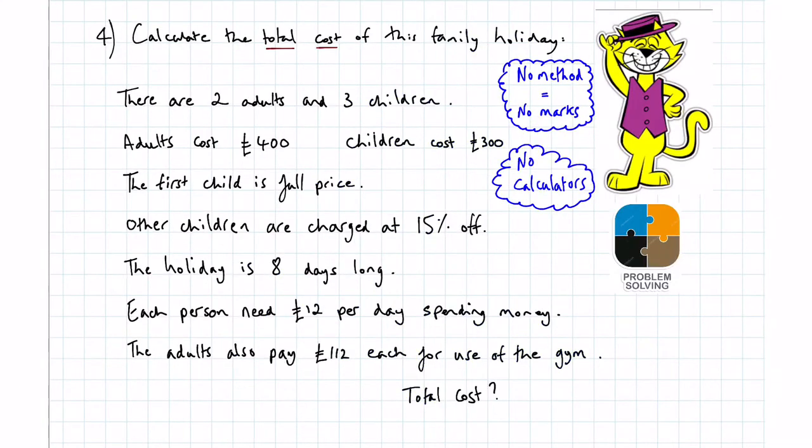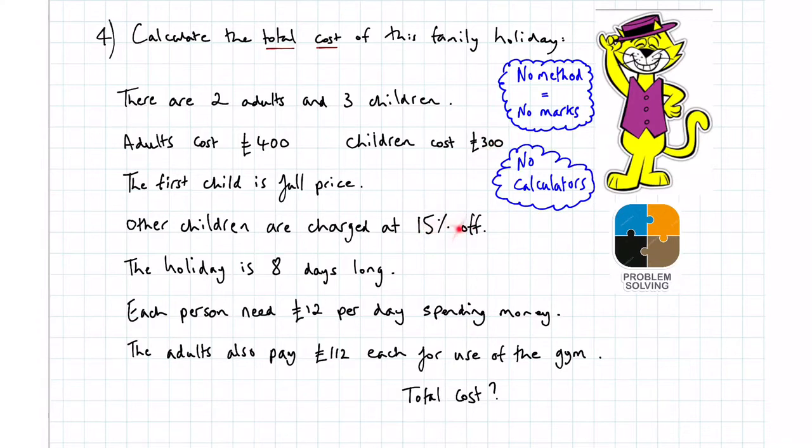Question 4. Now question 4 requires me to go onto another page to show you how to answer this, because obviously I don't have room to show my working out here. So what I'm going to do is just summarise the information. Hopefully you've written this down anyway, but I know I've got 5 people going on holiday, 3 children, 2 adults. The most important bit being the fact that I'm going to do 15% off the child price. So in a moment I'm going to do 15% of this and just work out what an actual child will cost that's not paying full price, because there's 1 full price child and then 2 at this reduced rate